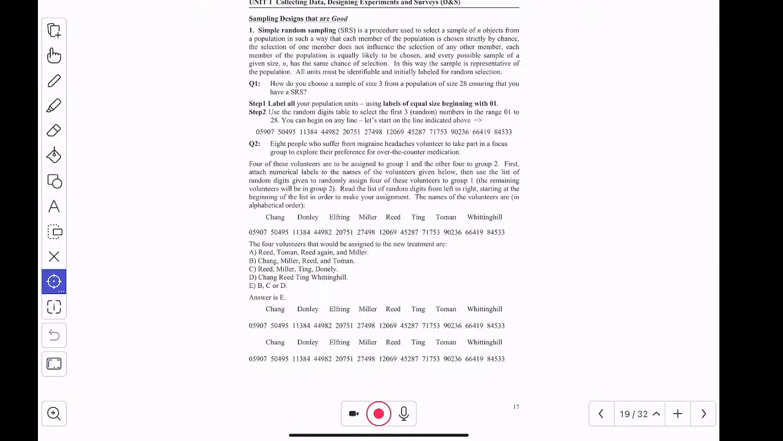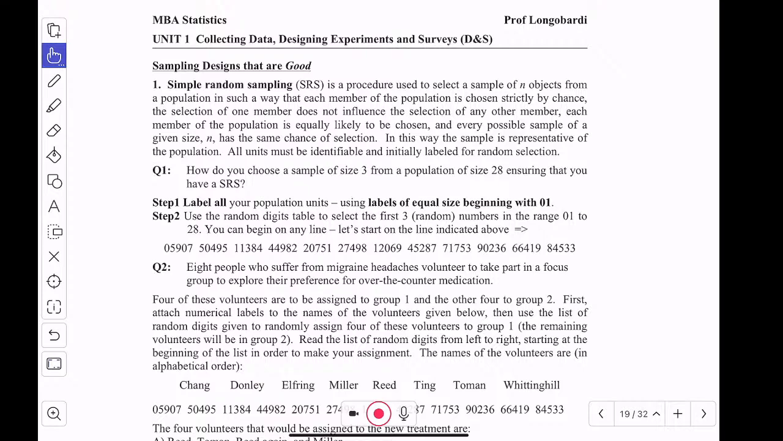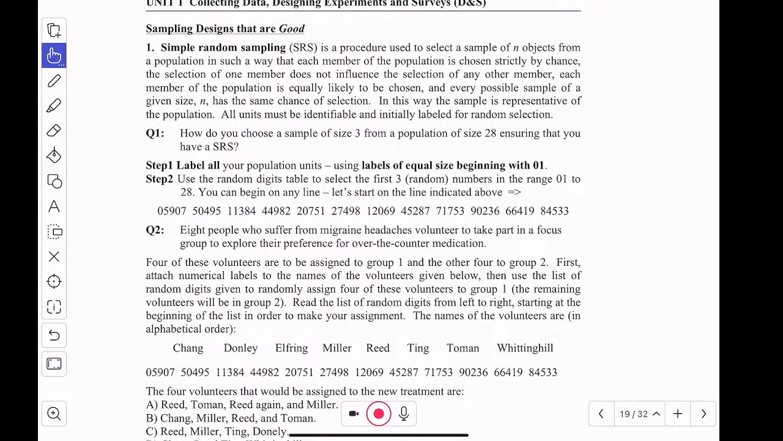So, I do mention here simple random samples and how to draw a simple random sample. And I just make a very simple example here, an exercise. How do you choose a sample of size 3 from a population of 28? Well, always start with labeling, right? And because there are 28 subjects, you would start labeling with 2 digits, 01, 02, up to 28. And then choosing from there, you have to choose